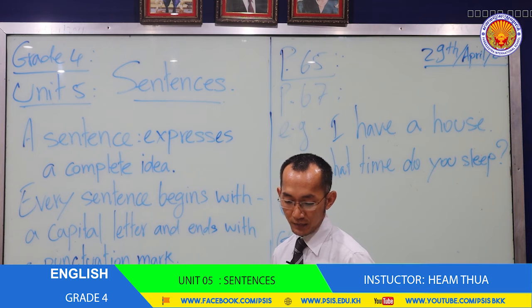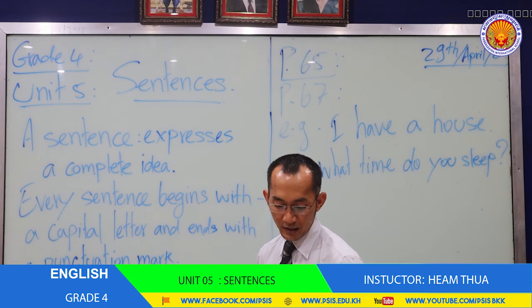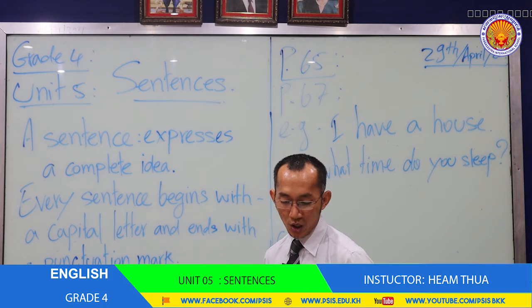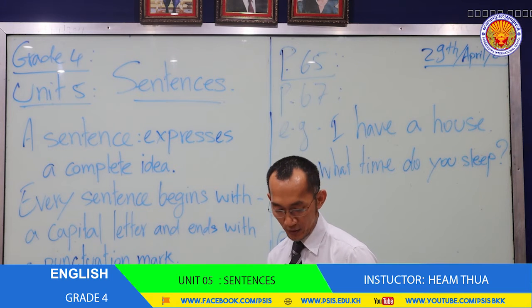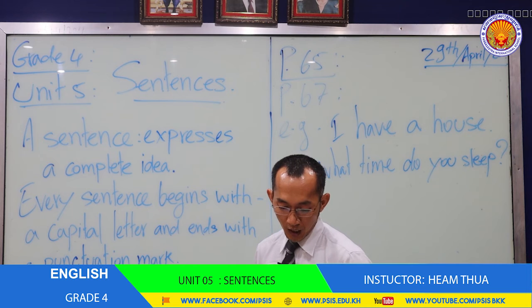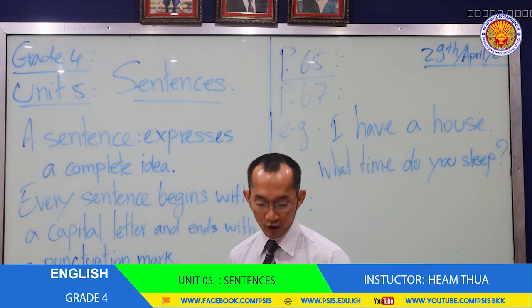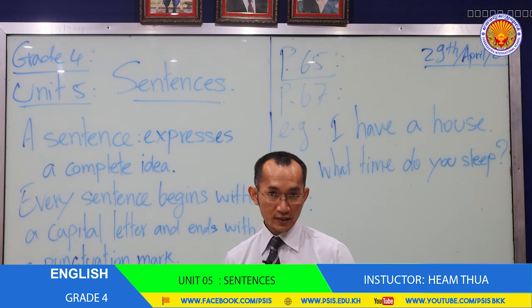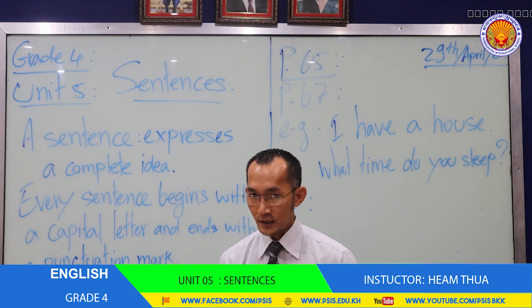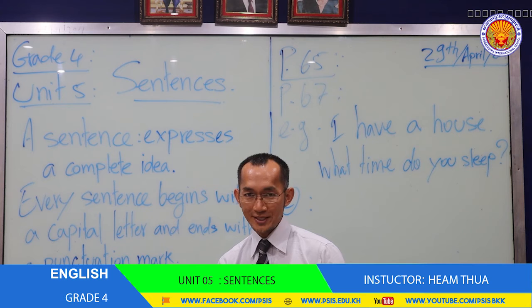But first of all I need to read the guidelines of section C. Write if the sentence is a declarative or an interrogative sentence. Interrogative sentence refers to a question sentence, okay? Now, number 1. A long time ago, rose bushes didn't have thorns. So, can you guess the sentence that I just read? Is it a question or a declarative sentence, or refer to a positive sentence?